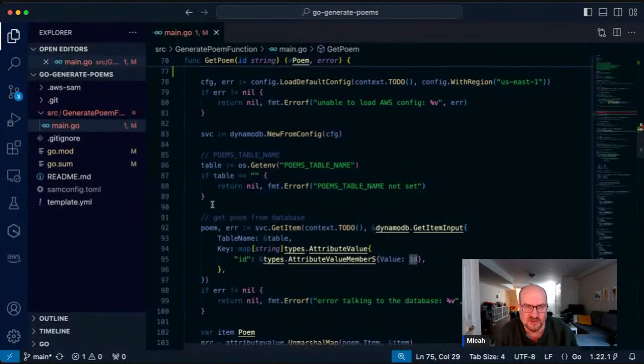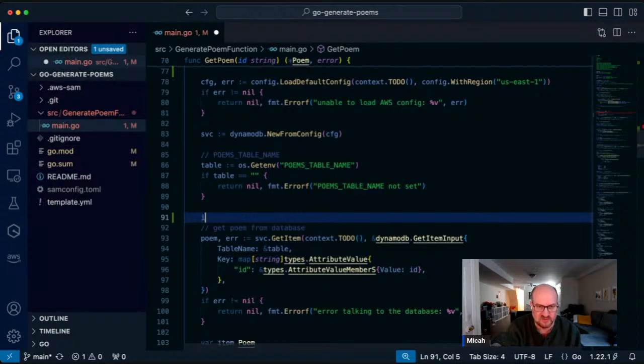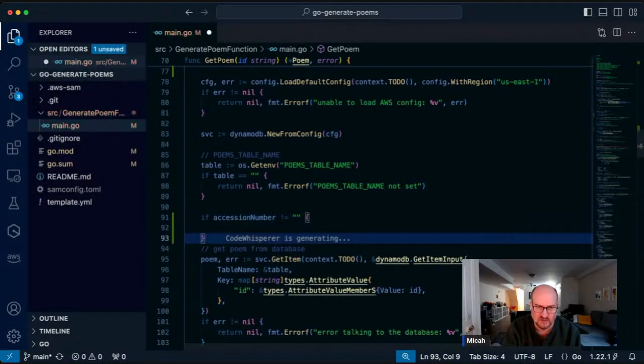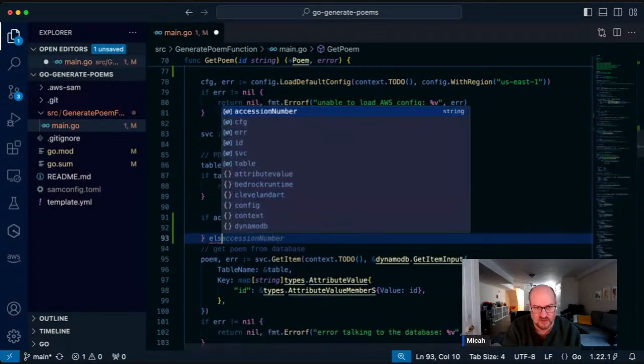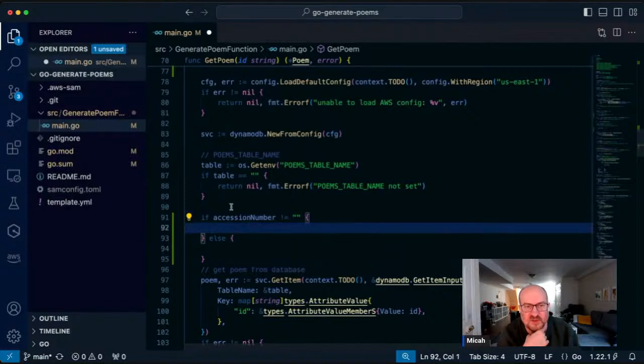Okay, so what I want to do is create a condition here. So I want to say if accession number doesn't equal empty, I want to do it one way. Else do it this way. Okay, so what does that mean?